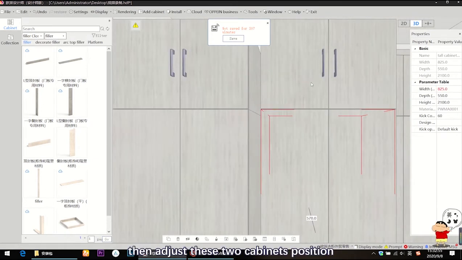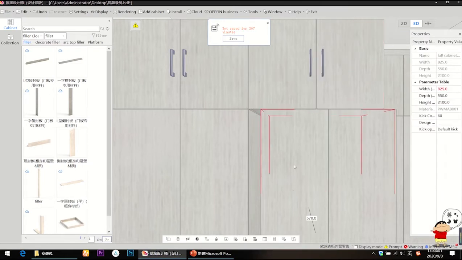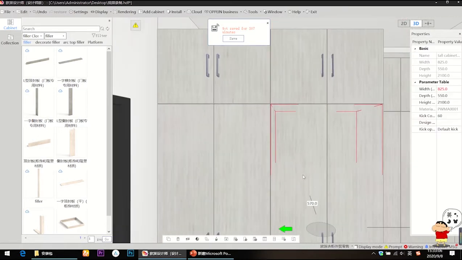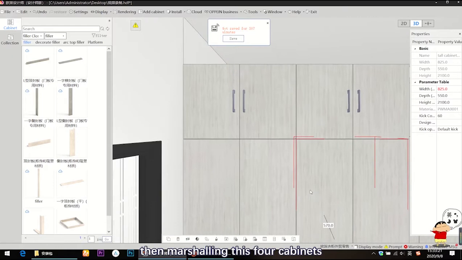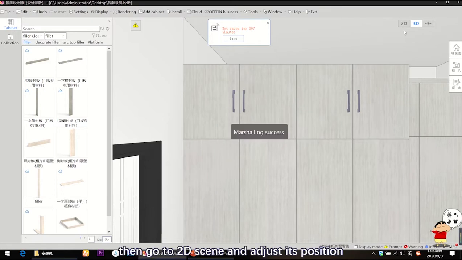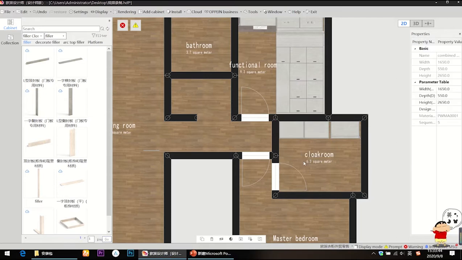Then adjust these 2 cabinets' position. Then measure these 4 cabinets. Press the shortcut key Ctrl+G and then go to the 2D scene and adjust its position. Then go back to the 3D scene